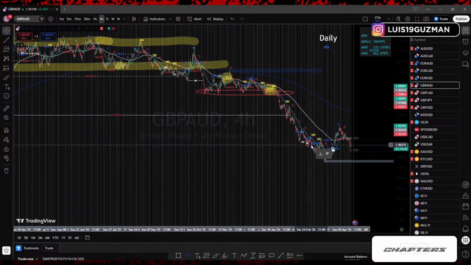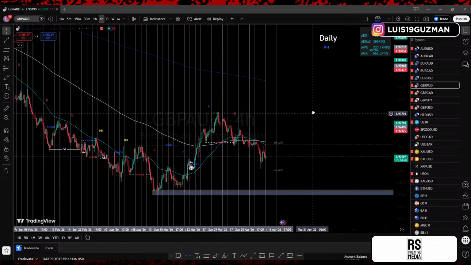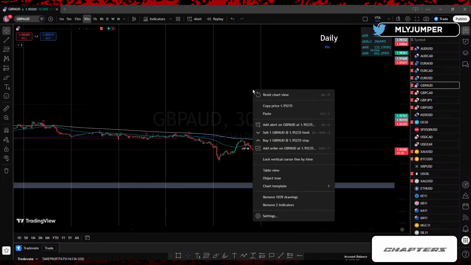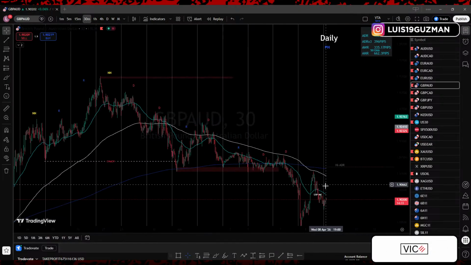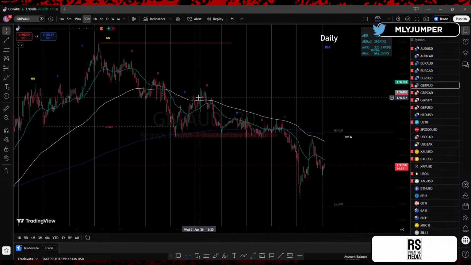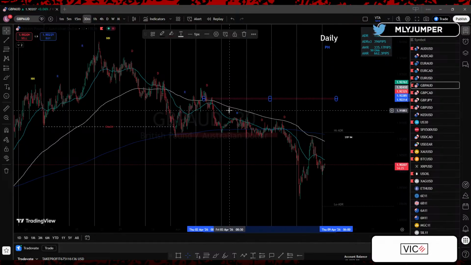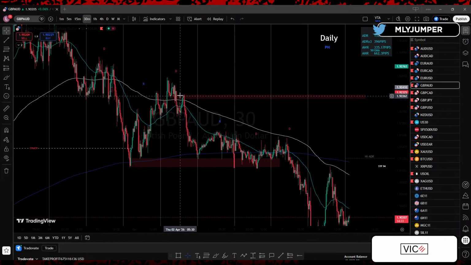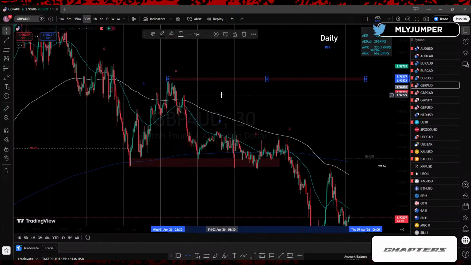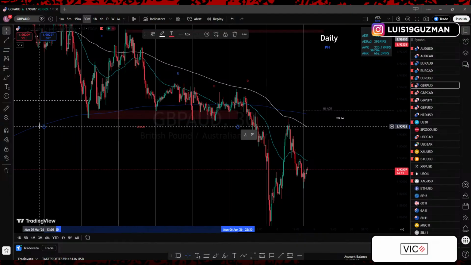We had the 4 hour break of structure, lower low, lower high, lower low. So the 4 hour already gave us a change and it gave us the break, which is perfect. Now I'm waiting for the daily time frame to do the same thing before I start looking to take trades. On the 30-minute, we also had the change of character, lower low, lower high, and it also gave us the break of structure. So the 30 and the 4 hour both gave us the confirmations we want to see to continue these downtrend pushes. The only thing that still hasn't given us a confirmation is the daily time frame.